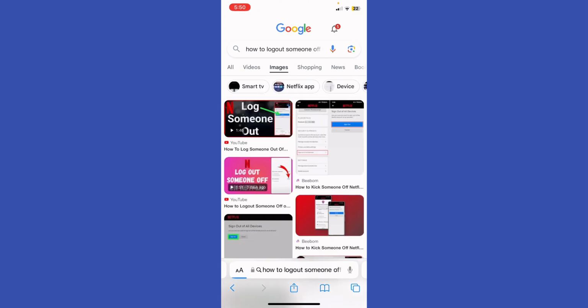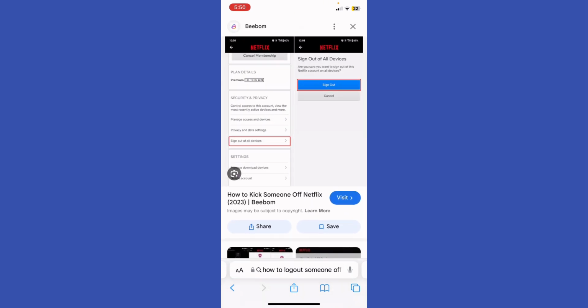confirm. If you want a demonstration so you can understand how it's done, you're going to be able right here to sign out from all devices, and you're going to be able to confirm that you want to sign out from all